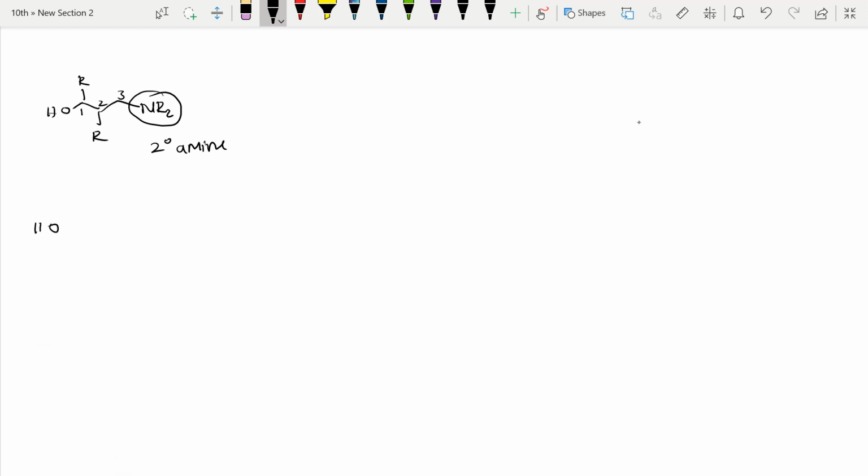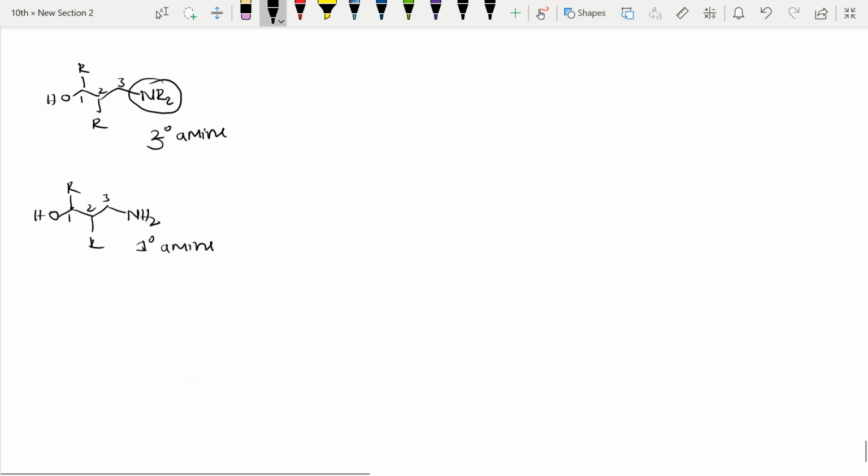One more example, let me take OH NH2. I will take here R, and here also R. Here also 1 2 3, but this is a primary amine. The above one is not secondary, it is a tertiary amine. Sorry for the wrong thing, right? So this is a tertiary amine and this is a primary amine. So in case of tertiary amine, we go through the Mannich reaction. Here we convert into a Mannich base. How we will convert that thing I will explain. So here we go through the Mannich reaction.